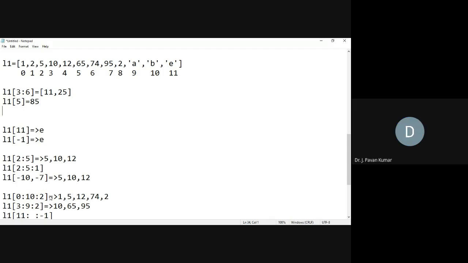So for that we will be using the insert function. Insert is one function which is used to insert at a specified index position. That means insert of the index, that is 5, and the element that we want to insert, on L1. So L1 dot insert of 5 comma 85. So at the fifth index of list L1, 85 will be assigned, and 65 and the rest will be shifted automatically. Got it? This is the insert function.